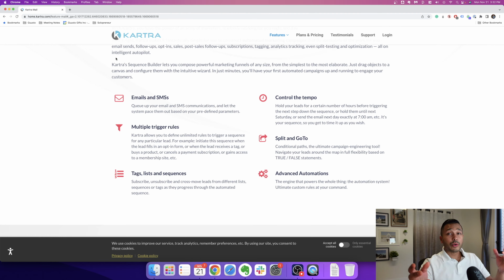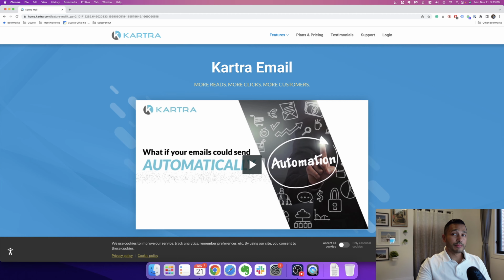So when I say Kartra really is a fully featured tool that has so many advanced marketing features, I really do mean it. We're going to talk about the landing page builder next, but just before we move on,